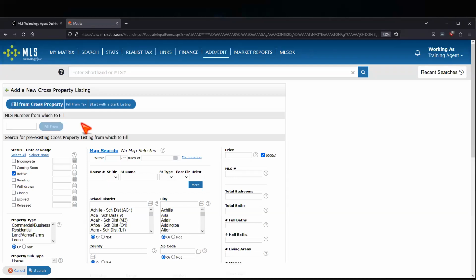If it has a prior MLS number, maybe we already know what that MLS number is, we can input that MLS number here and click this fill from button. What that is going to effectively do is import any dynamic fields from that previous listing, including the remarks, and create a template for us to then go through and quality check, if you will, to make sure all of the data is accurate. So it's a very easy shortcut